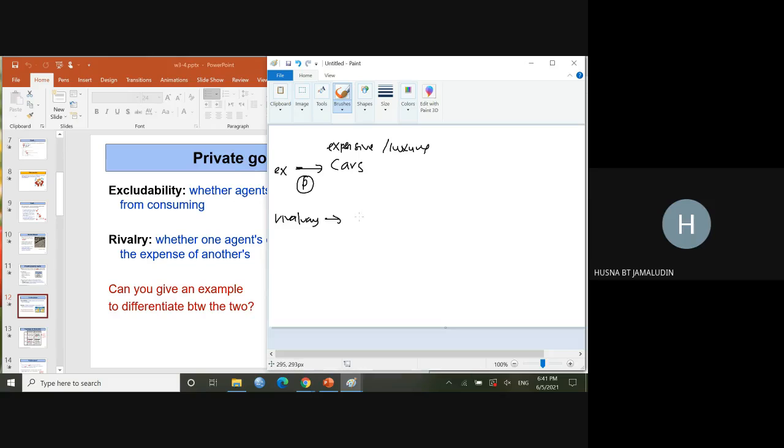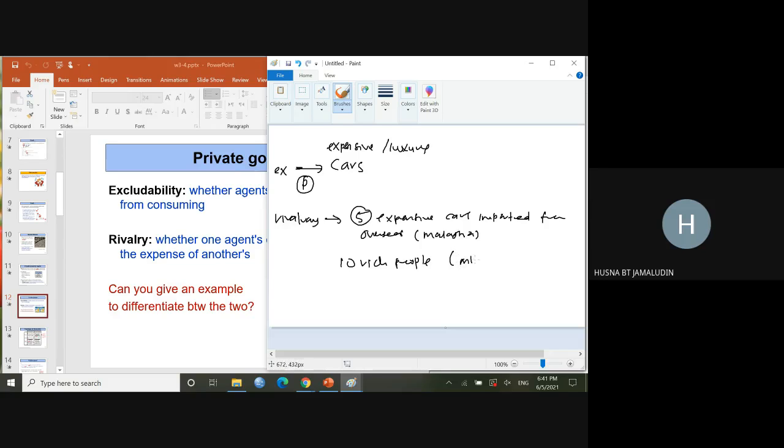Let's assume that you have five expensive cars imported from overseas. So there are five expensive cars available in Malaysia, but in Malaysia you have perhaps 10 rich people. So these 10 people want to purchase these five expensive cars, but you only have five. So only five rich people